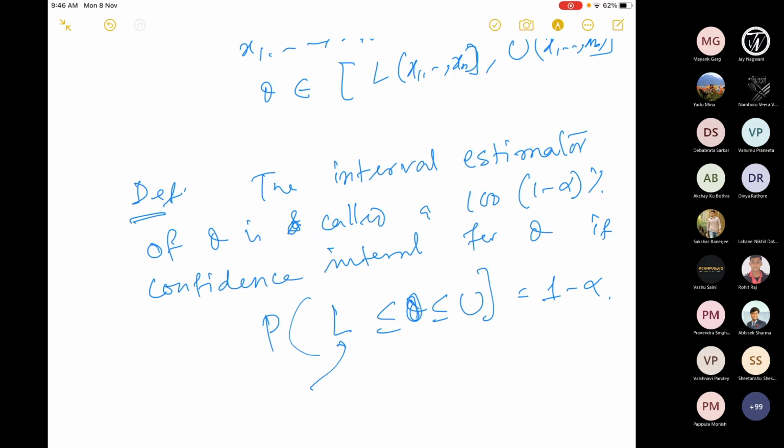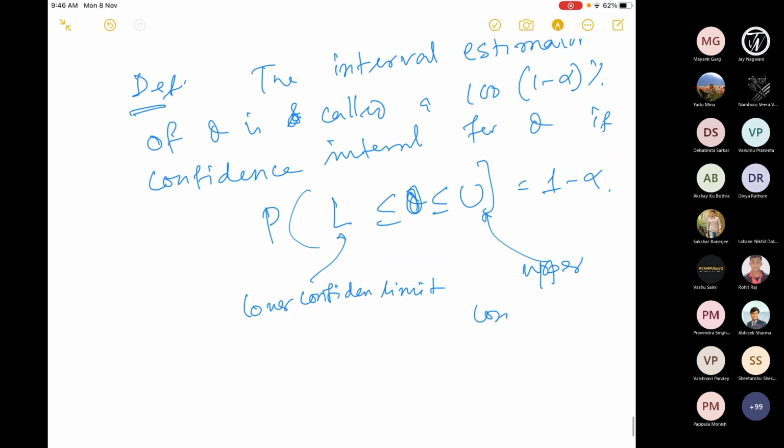And this L is called the lower confidence limit, and this U is called the upper confidence limit. And 1 minus alpha is called the confidence coefficient,